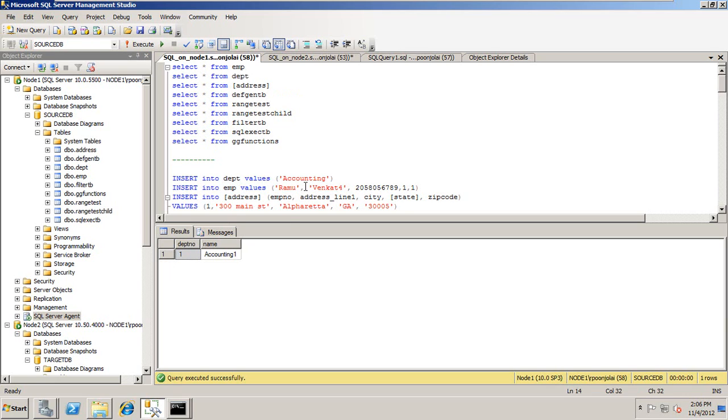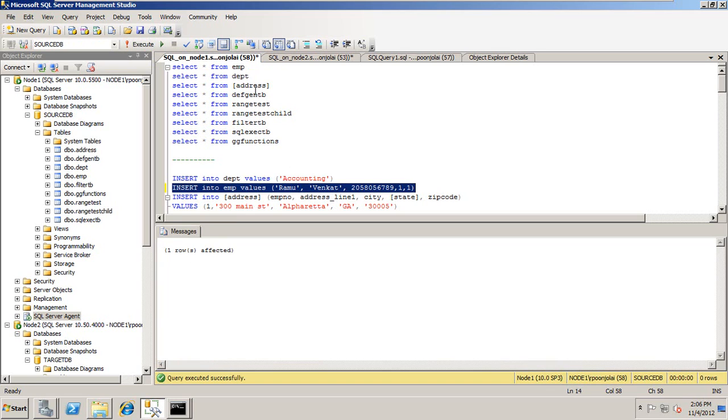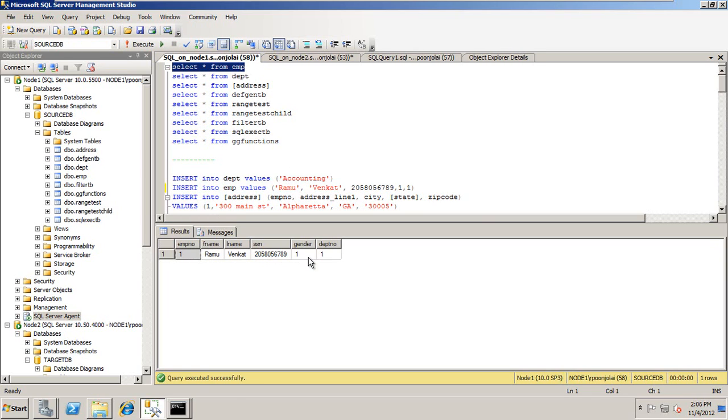So now let us say I am creating a record on the source. Now we have employee number 1, okay, which has department number 1. Department number 1 already exists in the database, no problems. Let's take a look at